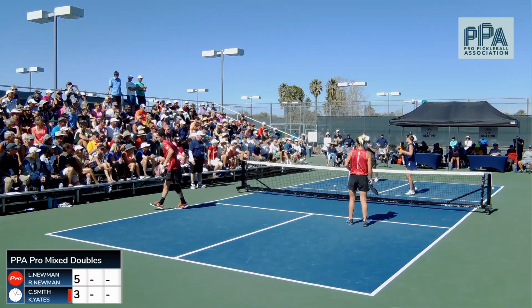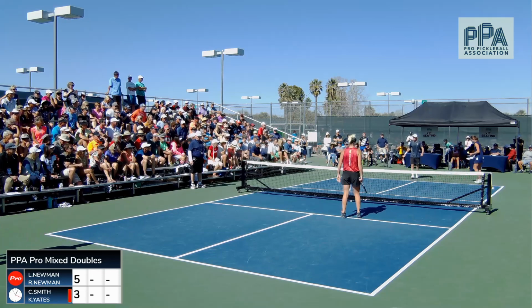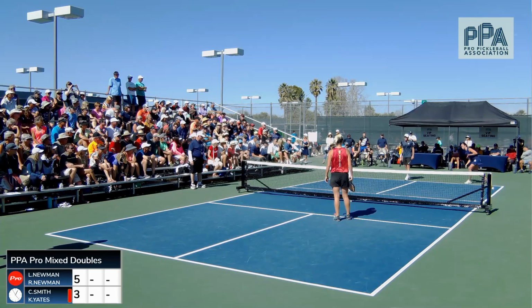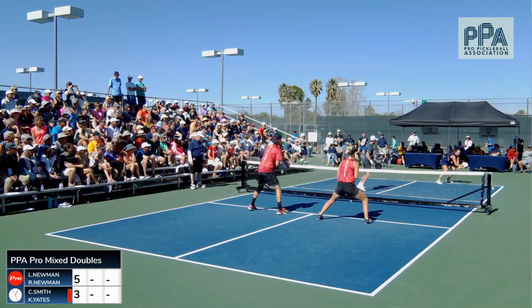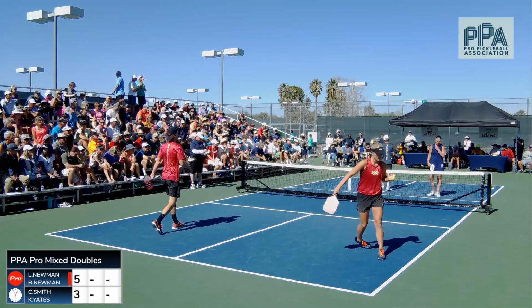K.Yates playing dangerously close on that cross-court drop. Second call, Chapman and Dykus. Chapman and Dykus, second call to the tournament cap. You'll notice here that Newmans are playing with